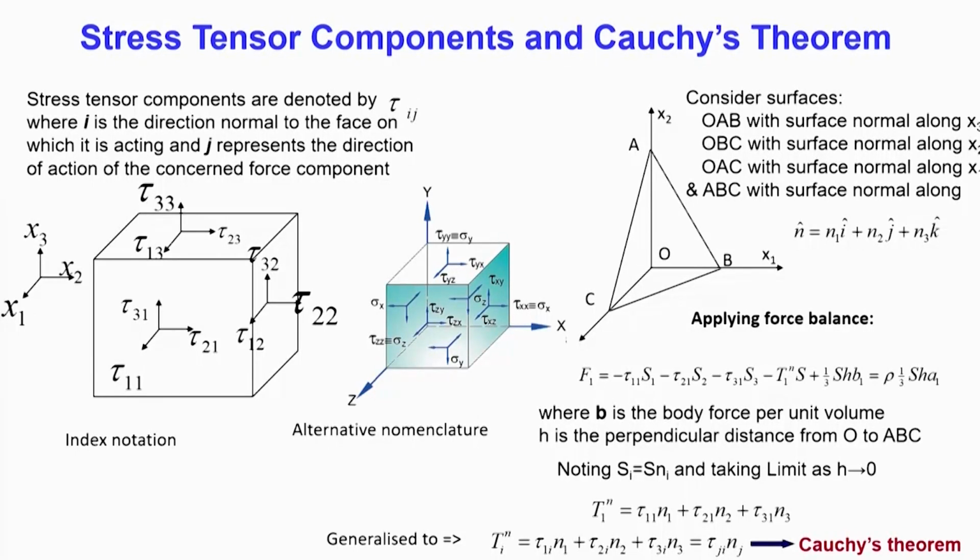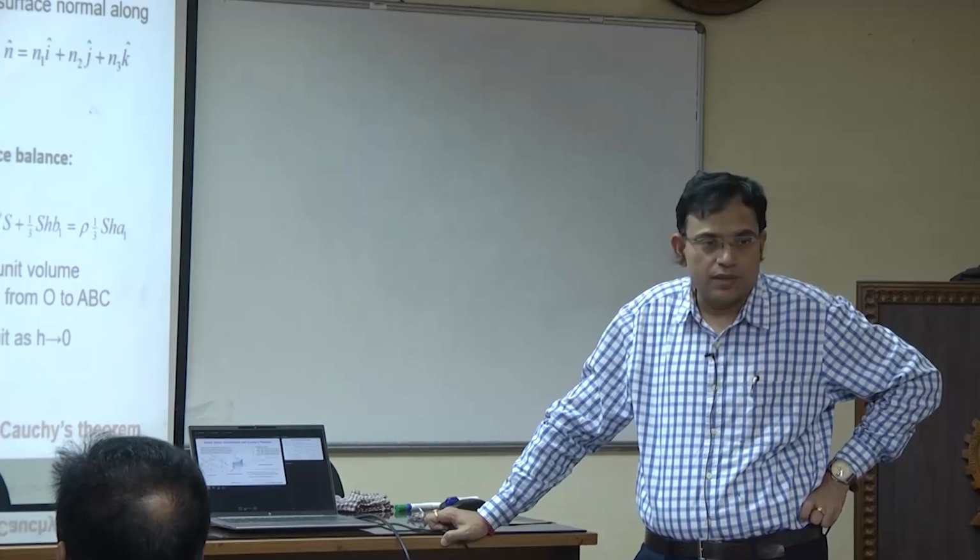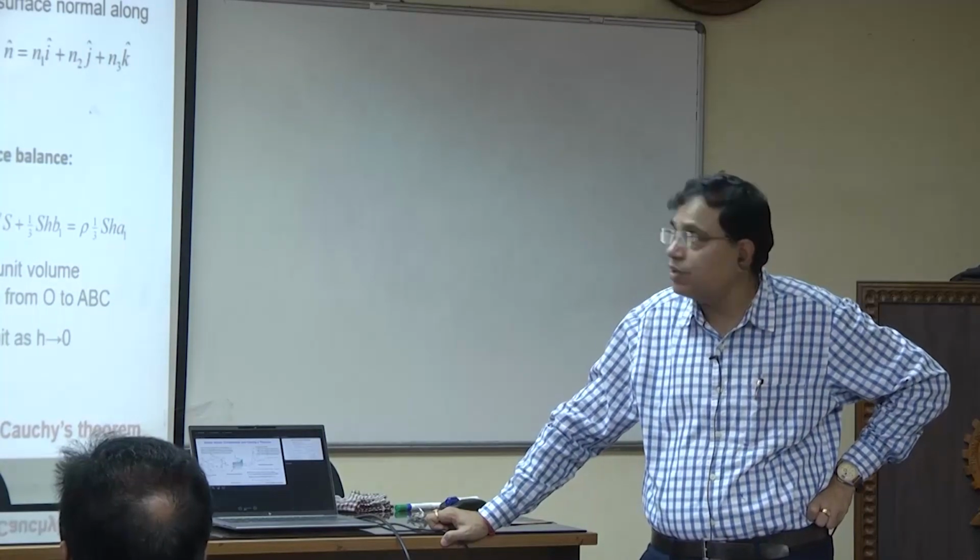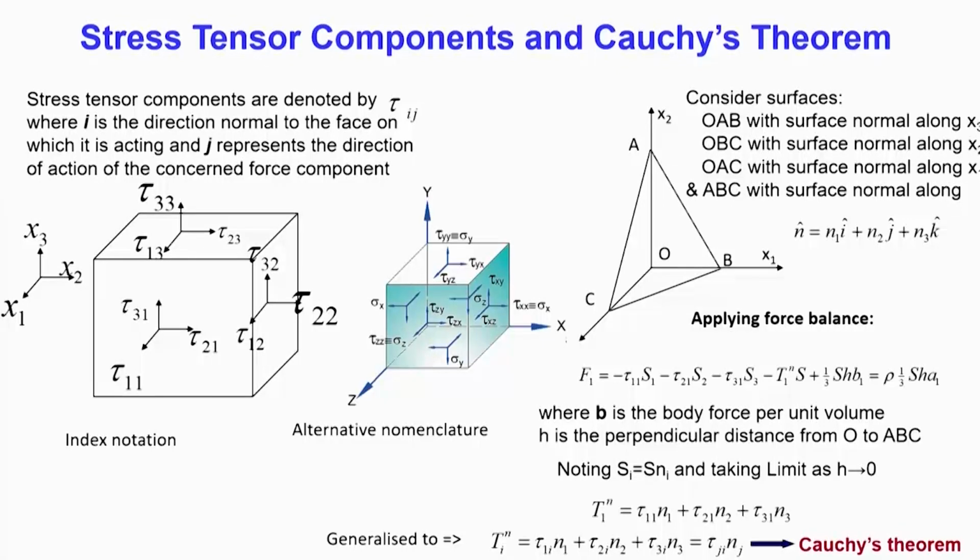In books you will commonly have either tau or sigma to represent that, with the two indices I and j, where I is the direction of the normal and j is the direction of force. In the general traction vector description, the direction of the normal is arbitrary, but in this specific case the normal is either along x1 or along x2 or along x3. So, the normal is fixed. Accordingly you have the nomenclature. To illustrate the nomenclature I have put this in the diagram. For example, if you look into the right face, its normal direction is x2. So, the first index tau,